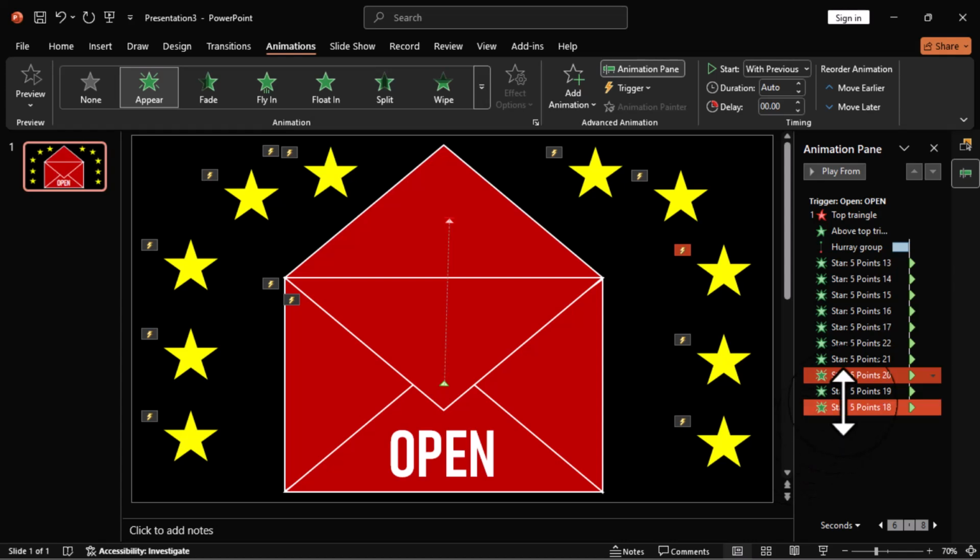So let's move back, and this is the first one that we have here. We maintain that, and let's move to this second one, and then have a delay of 0.25 seconds. Move to the next one, a delay of 0.50. So in every interval we add 0.25 to it. We select this, 0.75, select this, 1, we select this,